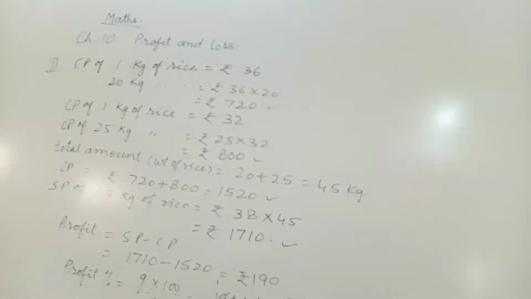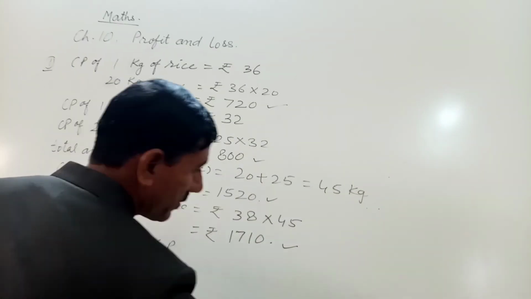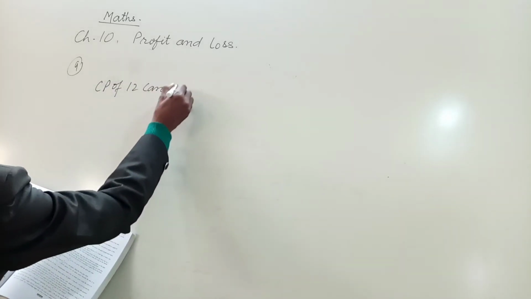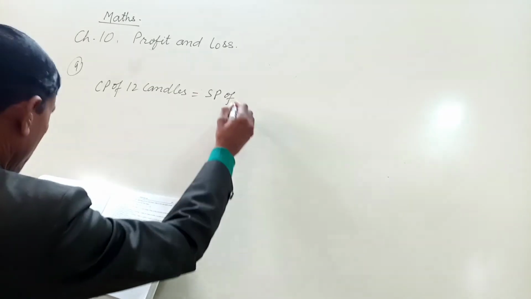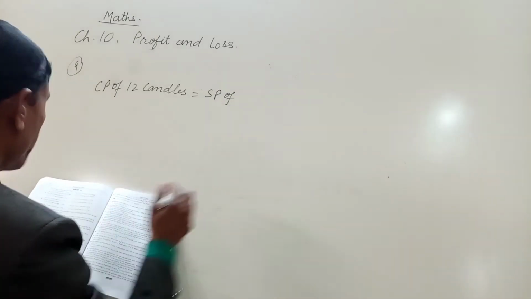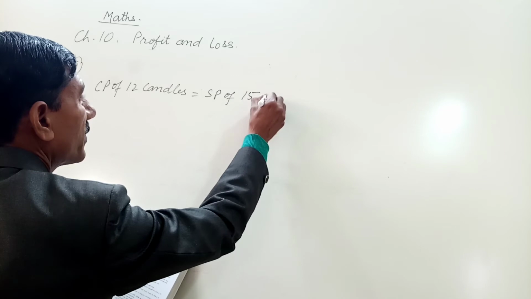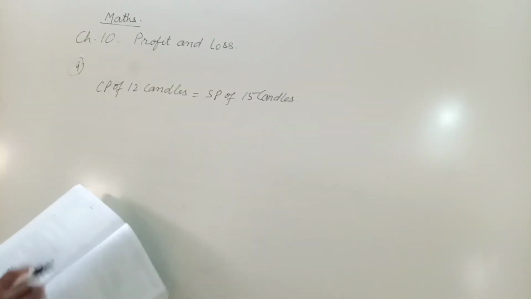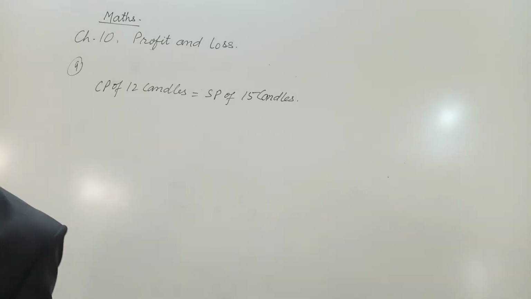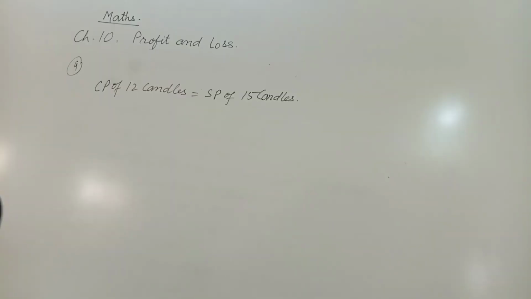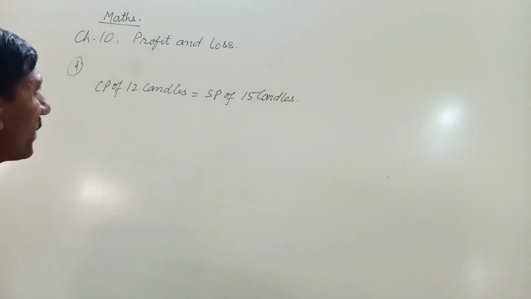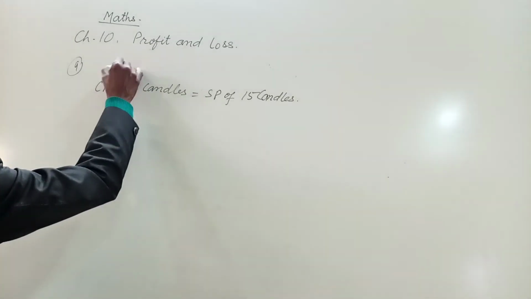Let's take one more question on the basis of loss. The CP of 12 candles is equal to the SP of 15 candles. Find the loss percent. We do not have the cost price and the selling price of any candle, so first of all